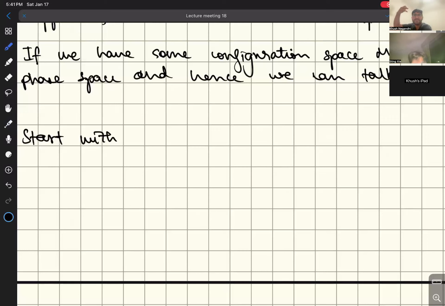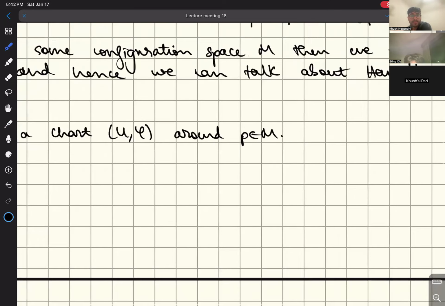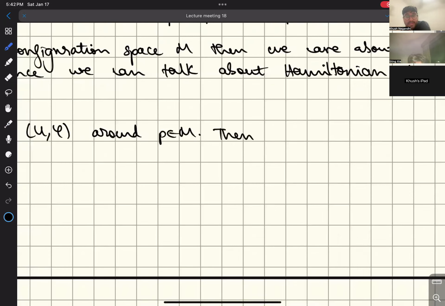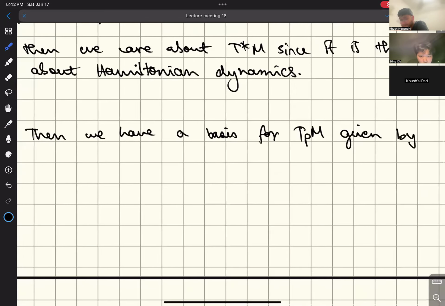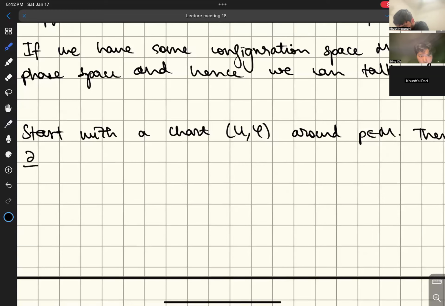We already have some manifold M, and now start with a chart (U, phi) around P in M. Then we have a basis for T_P M given by, if you recall, partial x_i at P, which is nothing but d phi inverse at phi of P